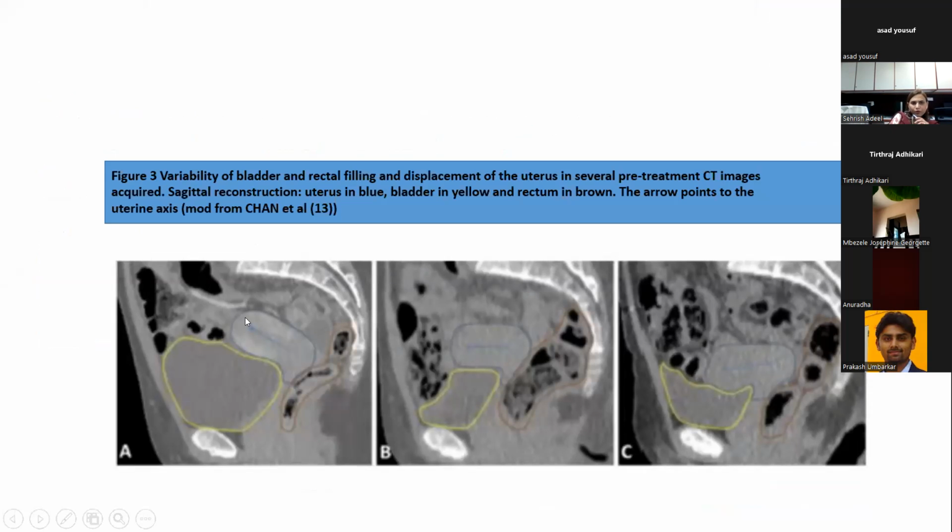which was written by Chen et al. In this picture, you can see that this bladder is excessively filled, and this is pushing the uterus posteriorly and superiorly. In contrast,